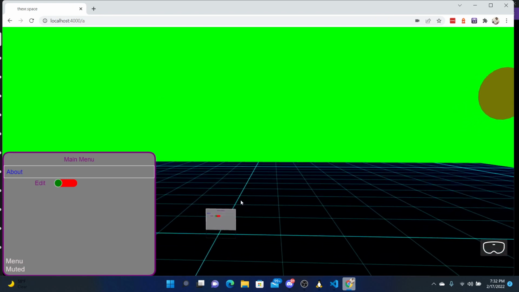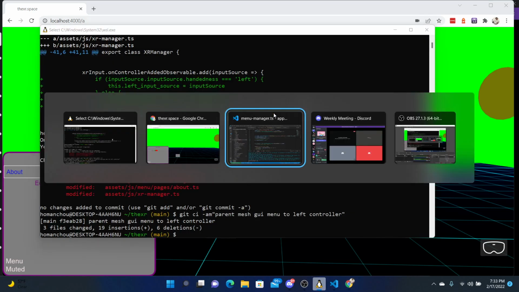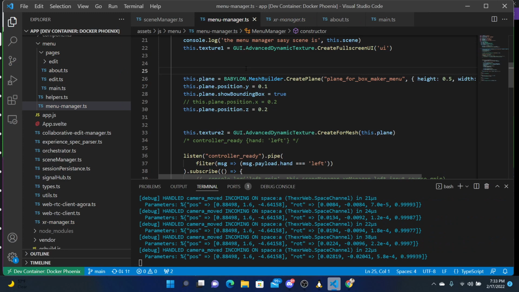All right. Now we only want the main menu to come out when we're clicking this thing. So we had this working before, so we can, let's see, we can go to